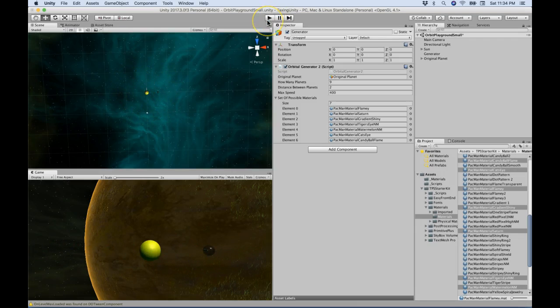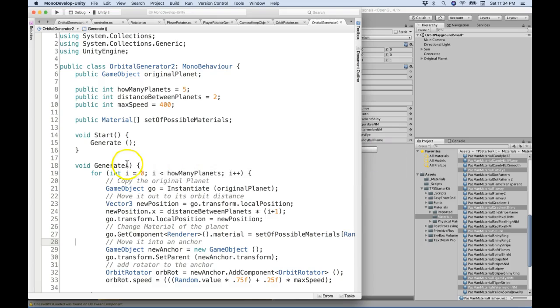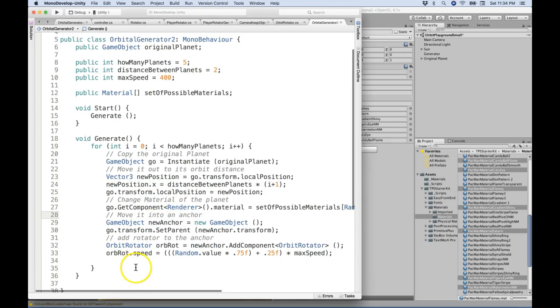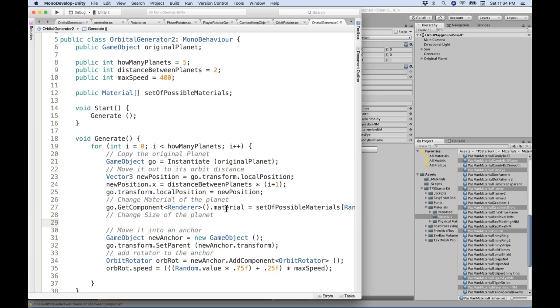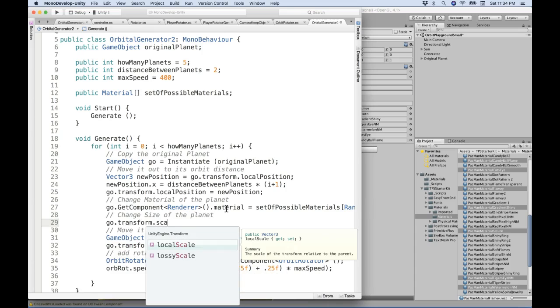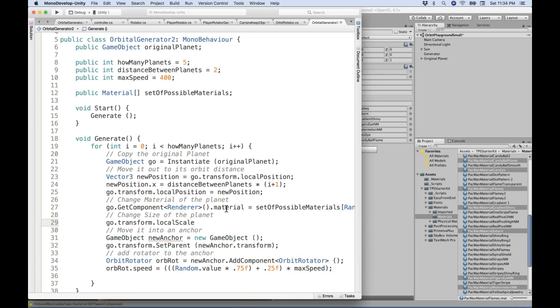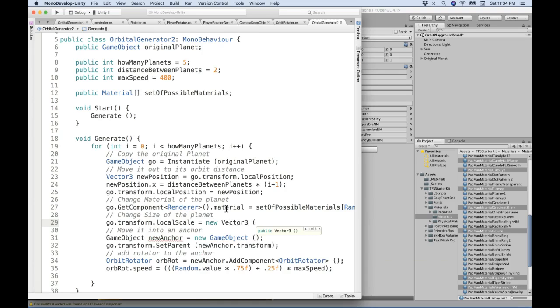Alright. Now, a couple other things to do. Let's go back to the script, and let's make them a random size as well. So not only change the material, but change the size of the planet. Go.transform.localScale equals new Vector3. Actually, let's go